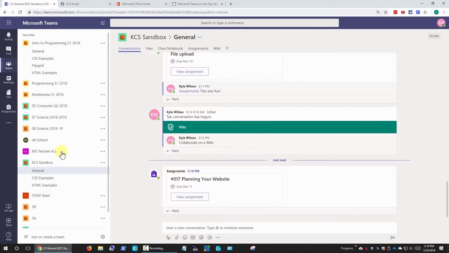Once you do, the main page is this General, and you're in conversations, and these other ones below it here are other channels. They call all of these channels out here. I'm always dealing with assignments, so I'm pretty much always just going General, and then Assignments, that's where the assignments are. So stay there, and then you can have chat and collaboration among your students if you want to allow